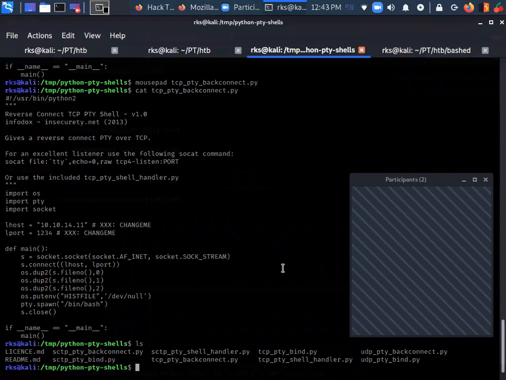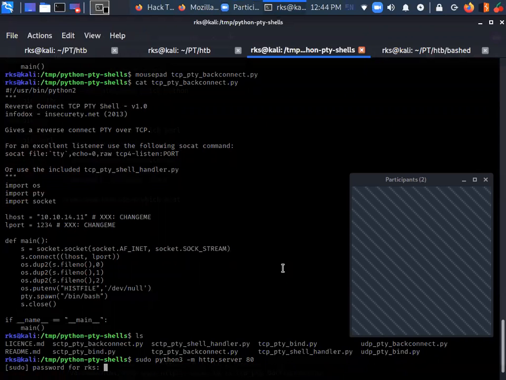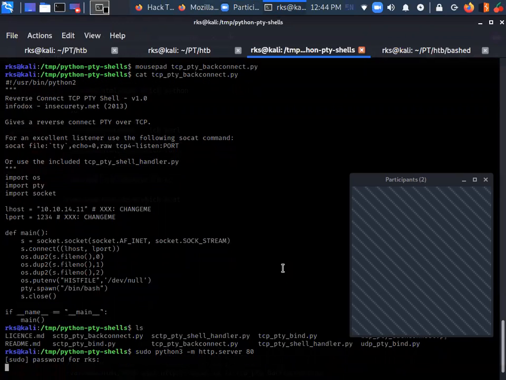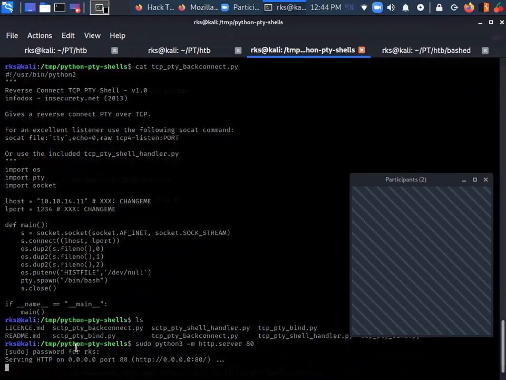So let me start a server here. Let's do sudo python3 -m http.server on port 80. Now my machine has opened port 80 and there's a simple server running on my machine.